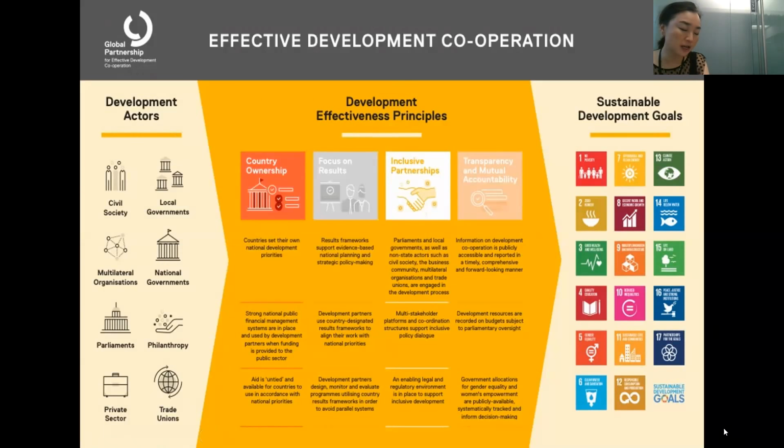So it is essentially about the whole-of-society approach that is enshrined in the Global Partnership for Effective Development Cooperation. It is a multi-stakeholder platform focusing on country-level implementation of effective development cooperation, making sure that the development efforts of all actors deliver lasting results at the country level.